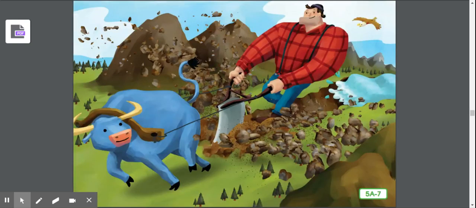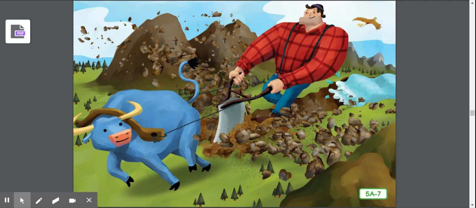Paul Bunyan happened to overhear the conversation. He told the bosses he would see what he could do. He hitched up Babe and they started plowing south. As they plowed, they threw great mounds of dirt and rock to the right and a smaller mound to the left. On the right side, they made the Rocky Mountains, and on the left side, they made the Appalachian Mountains. Paul Bunyan and Babe didn't stop until they had plowed a channel all the way south to the Gulf of Mexico, and the river that flows in the channel nowadays is called the Mississippi River.